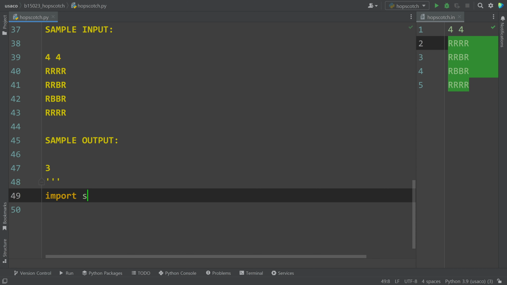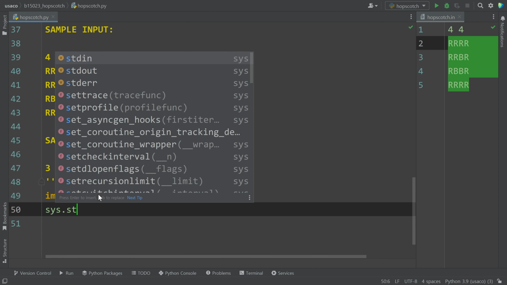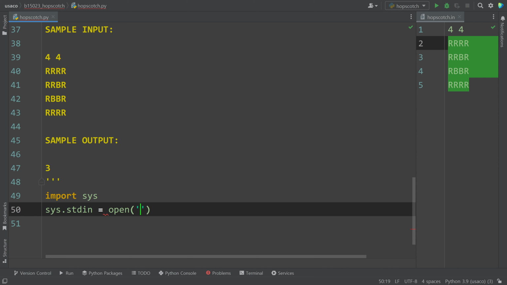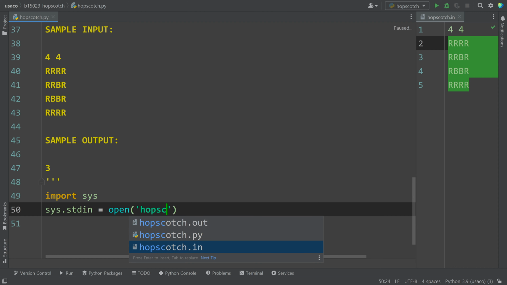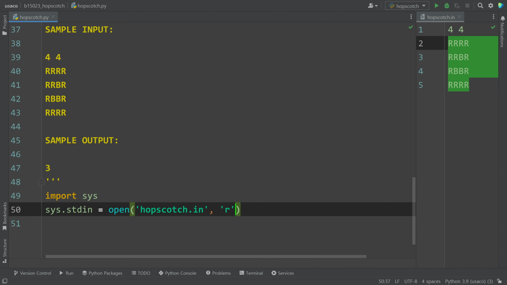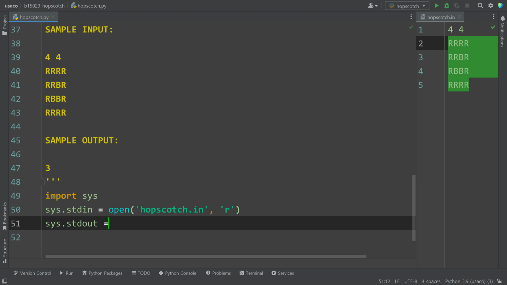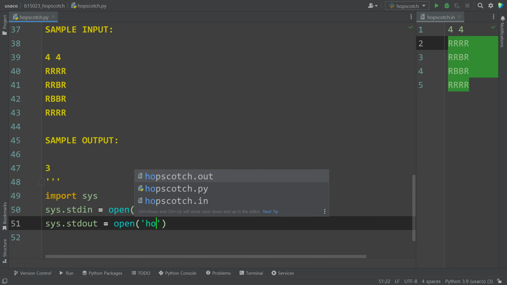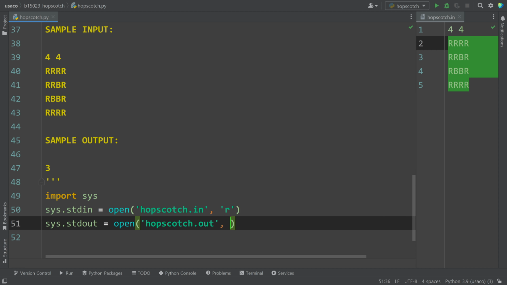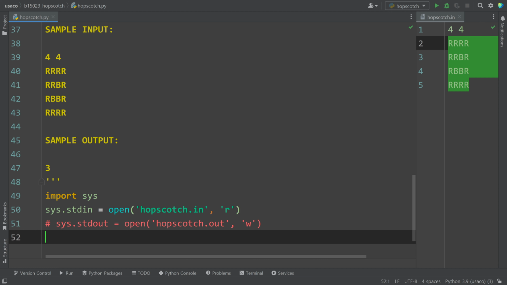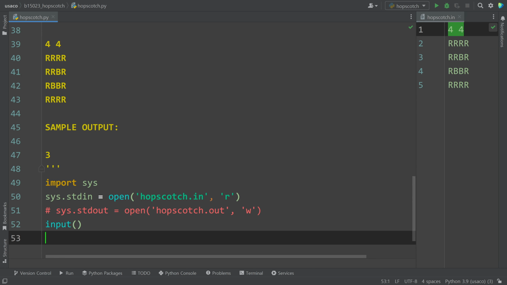So we're going to use system standard input, and standard output, and then we're going to disable, and the first line is not needed,